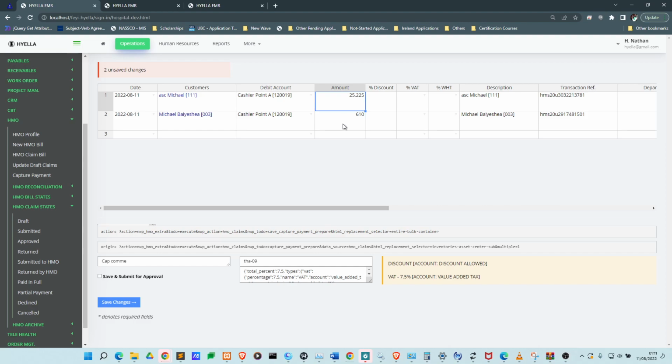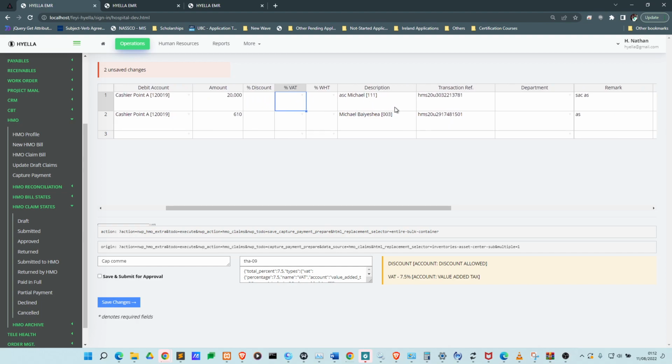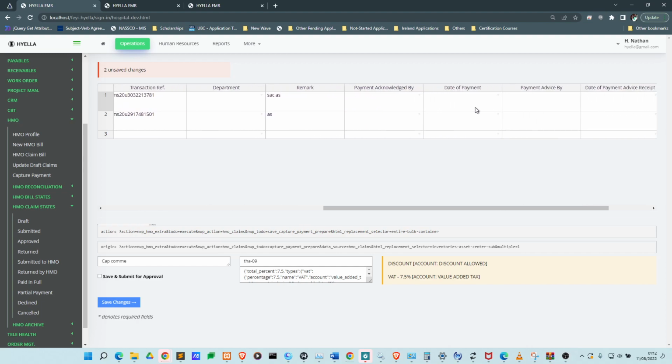By default, the total amount of that particular claims is inputted here, but then you have the luxury of, in case the HMOs didn't pay completely, they paid 20,000 instead of 25, reducing it. This one paid complete. Fill in VAT, discounts, departments, acknowledged by, date of payment. So this date of payment here,